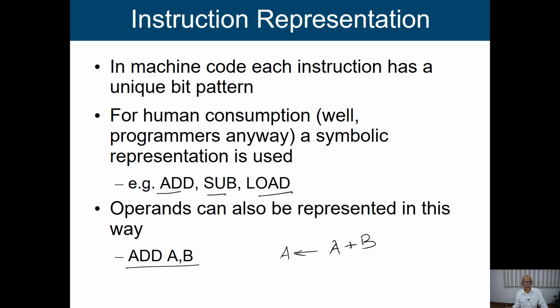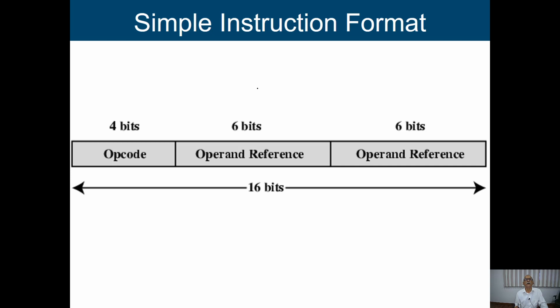So basically we have to say what the bit pattern is for that particular instruction, and secondly what it does. This may be the operation or task that we are going to perform for this instruction, and to identify it we must know the unique bit pattern for this particular instruction. Now this may be a simple format. Always we have to look for the format, then only we can interpret it properly.